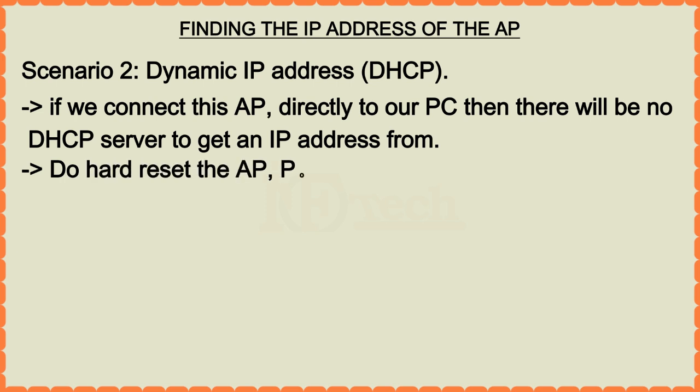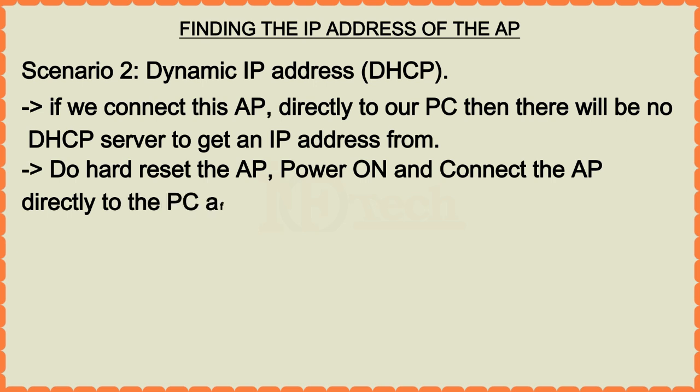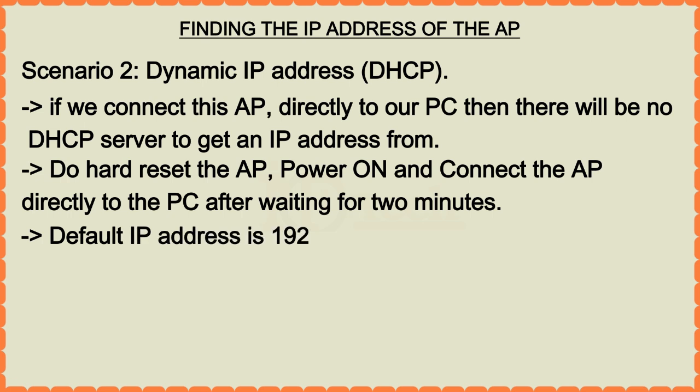Simply, do a hard reset of that access point. Power on the AP. Wait for about 2 minutes for the AP to get into stable mode and then directly connect it to the PC or laptop. A hard reset will restore the access point to its factory default settings. Hence, the default IP address of a RUCKUS access point, after resetting to factory default settings, will be